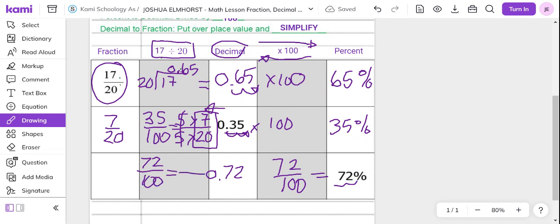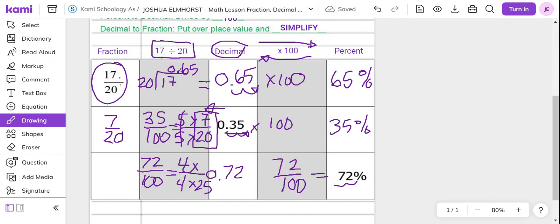And then simplifying it, 72 over 100, we're going to use factors. Let's see, 72 can be divided by 8, but it cannot, so let's do 4. 4 times 100,